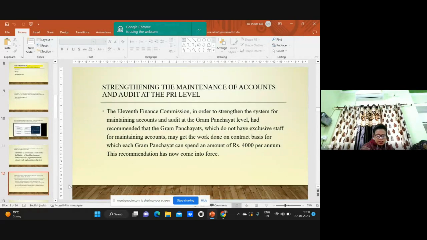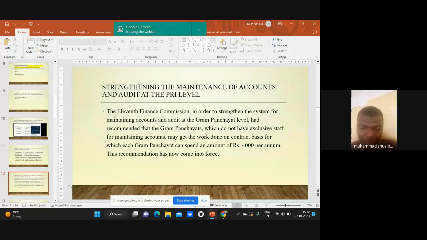One of the major recommendations of the task force on devolution of power to Panchayati Raj institutions was to advise